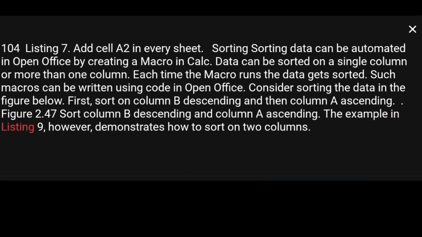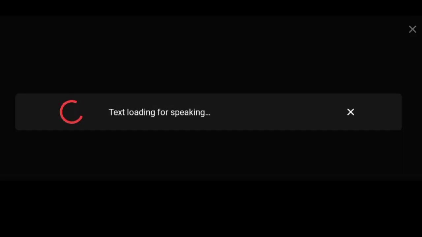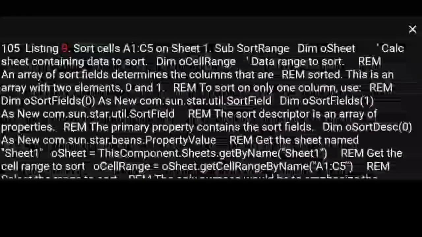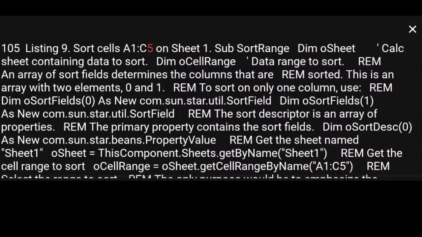The example in listing 9, however, demonstrates how to sort on two columns. 105. Listing 9. Sort cells A1:C5 on Sheet1. Sub SortRange. Dim oSheet, the Calc sheet containing data to sort. Dim oCellRange, the data range to sort. Rem An array of sort fields determines the columns that are sorted. This is an array with two elements, 0 and 1. Rem to sort on only one column, use